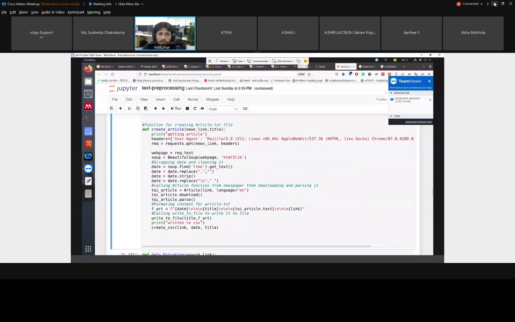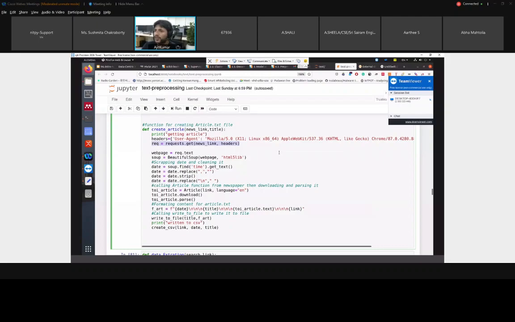So header. When you are doing web scraping, sometimes some websites block scripting. If you are connecting to a website using a script, they will just block. So what you have to do is pass a proper browser header. I am just trying to add this header to our code. So when I connect to Economics Times, it will consider our request as a web request rather than a script request. And then you can just make a link, whatever link request is coming, and header, and you will get the data. So I am just getting the link of every news article and passing it to this function